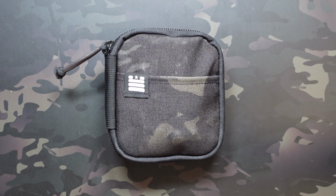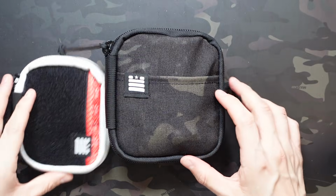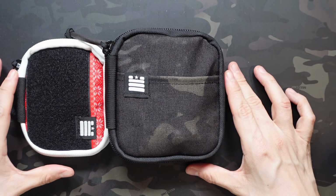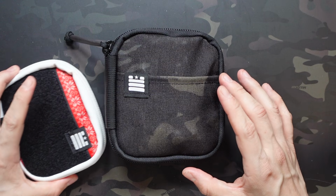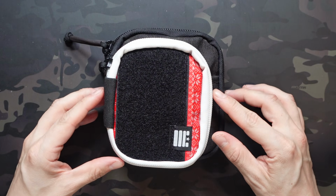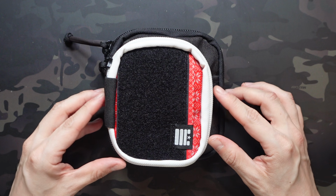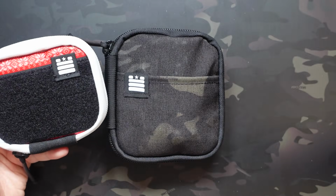so we can do a quick size comparison. So up first we have the original Mighty Pouch, and as you can see side by side, this is significantly smaller than the XL, so obviously that XL lives up to its name, but when you lay it over the top, it doesn't seem like a major difference, maybe an inch wider and about a half an inch taller, but in practice it actually ends up being a pretty significant difference, so much so that I